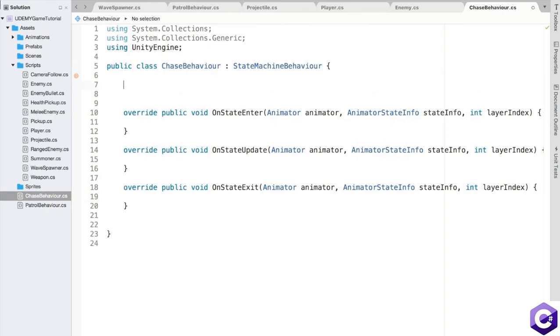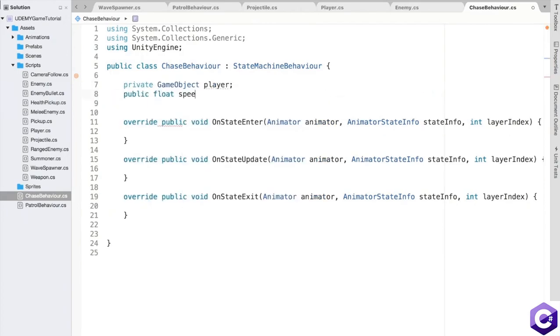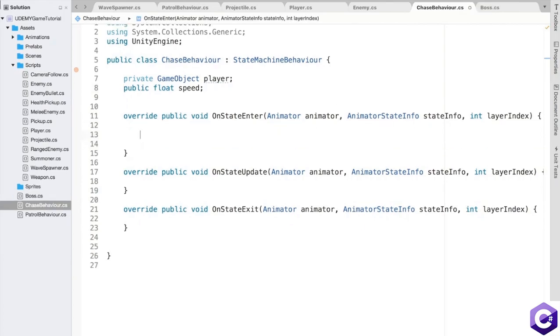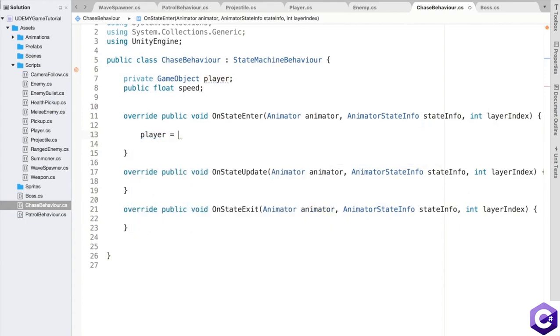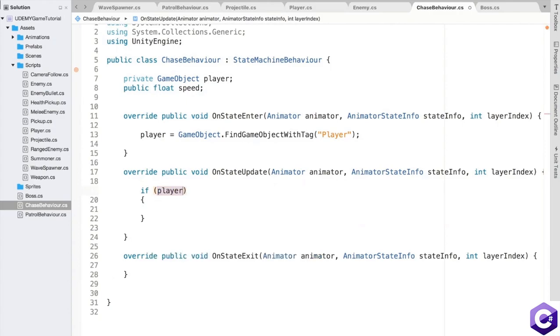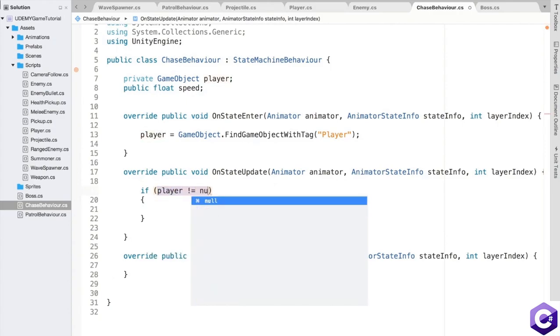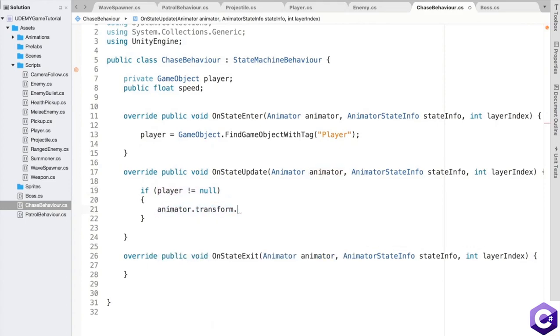Then I will simply create a private GameObject variable called player, and also a public float variable for the speed of his run. Inside the onStateEnter function, I will set the player to be equal to the GameObject that has the tag of player attached to it. Then in the onStateUpdate function, I'll first check if the player is not equal to null. If he isn't equal to null, then I'll just say